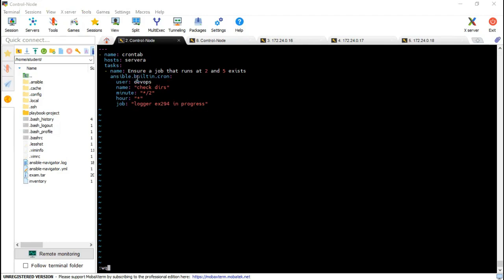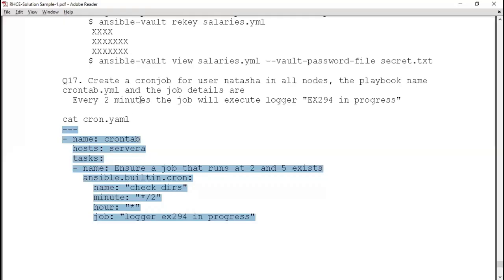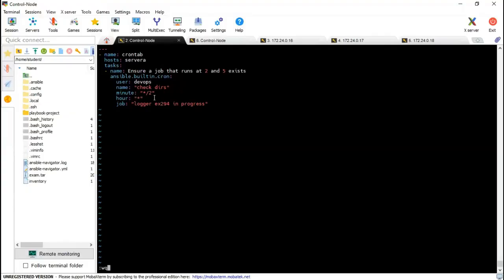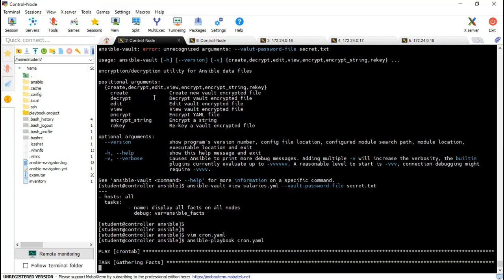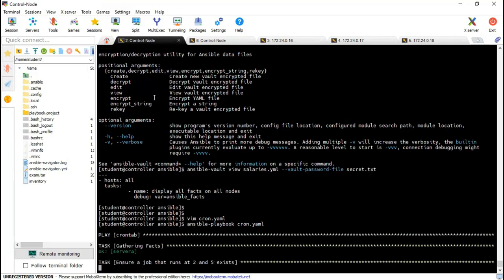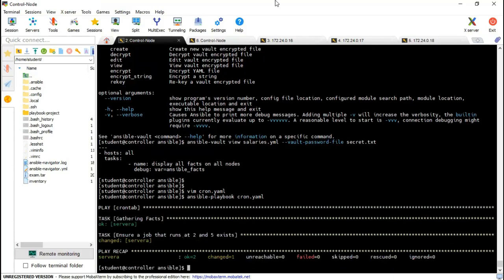Every 2 minutes means */2. It's the syntax of your cron job, simple. And run the command ansible-playbook. That's it.